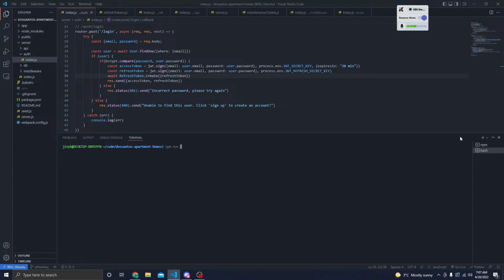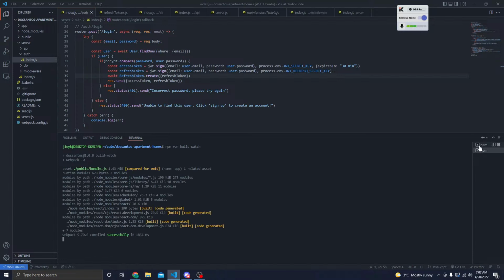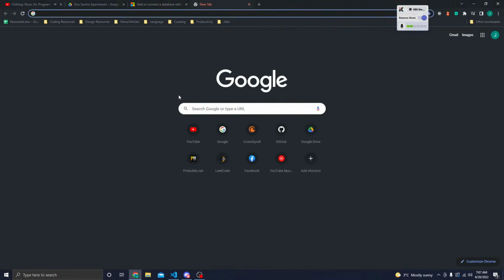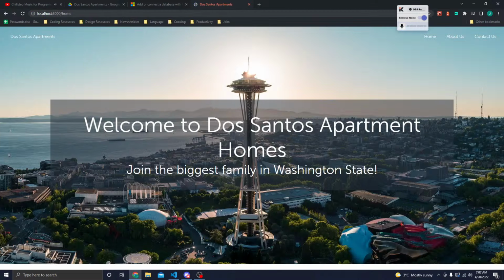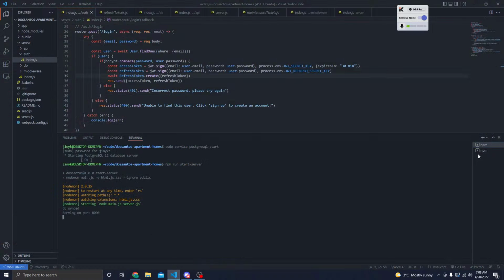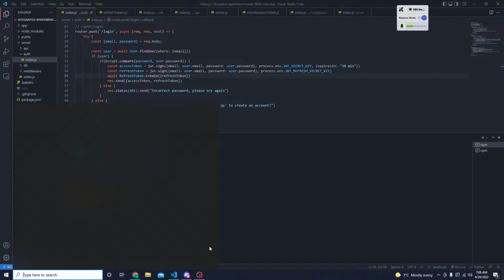and npm run build watch. This is to compile the front end of our website, and this is going to be serving our application. So now we should be able to go to localhost 8000 and see our app. Cool, everything is running as intended. We have our cool button, the basic structure of our app on the front end, and now on our back end, we should be able to go ahead and run these